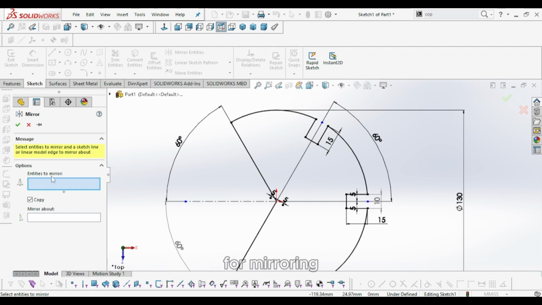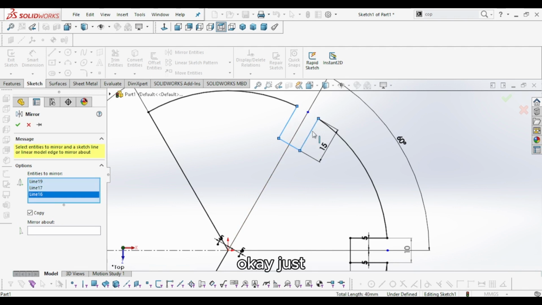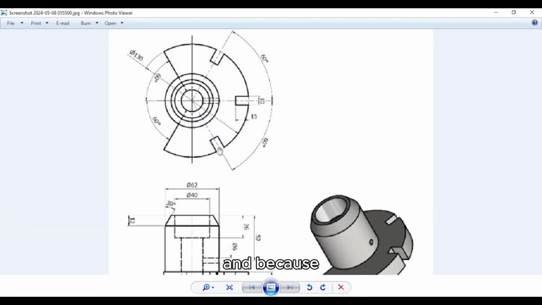So for mirroring, as I did here, it's just the same. We need the entities we need to mirror. We need to select those entities. So we need to mirror these entities. Just click on them one by one and they will be selected. Like this. And because we have a cut here, same we have here at 60 degrees downwards and upwards